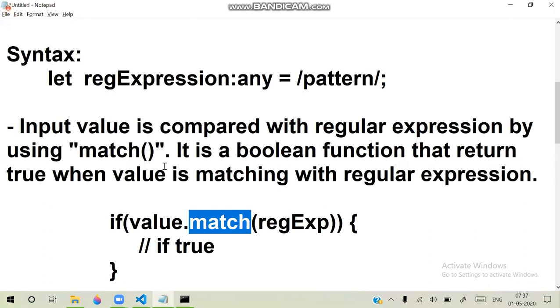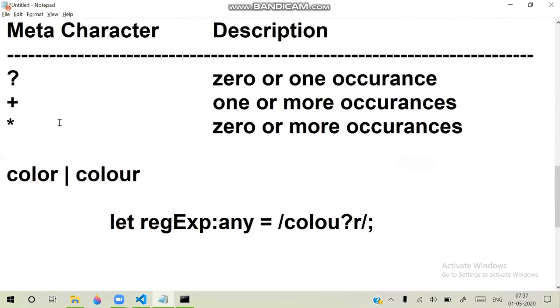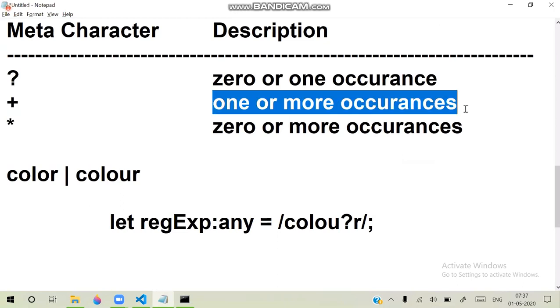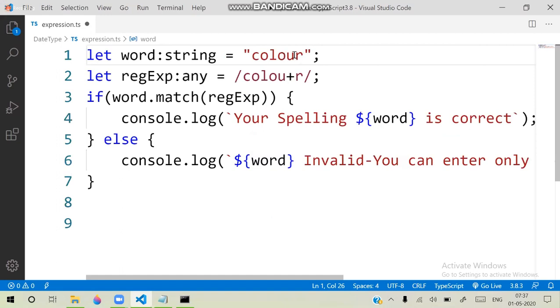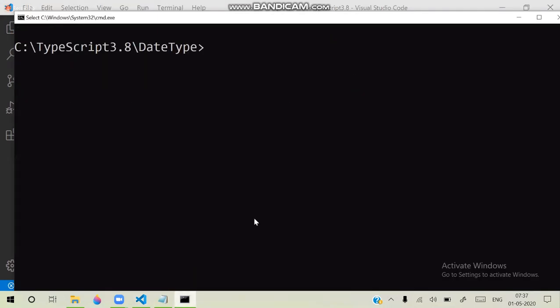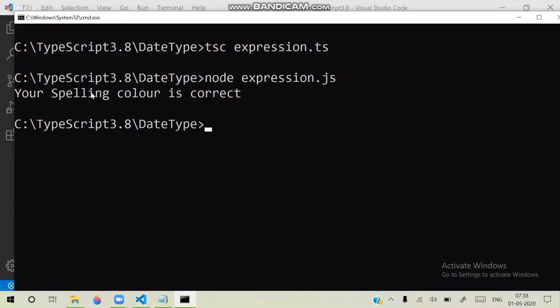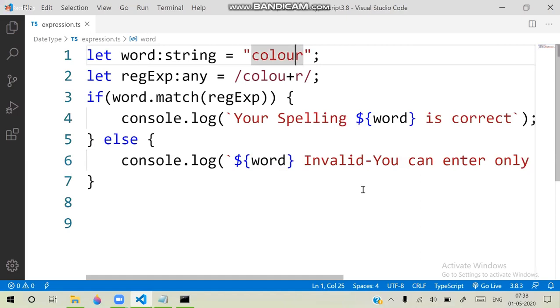This meta character plus indicates one or more occurrences, not zero. That means one or more occurrences. Okay, I will save this and run, and you can see here COLOUR is correct. Your spelling COLOUR is correct. And if I use COLOR,